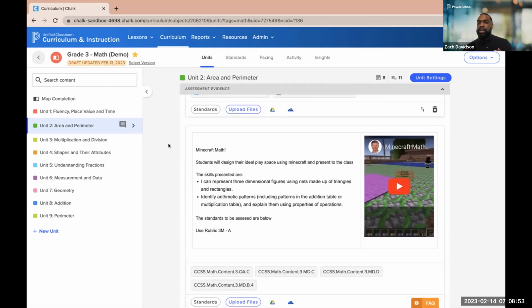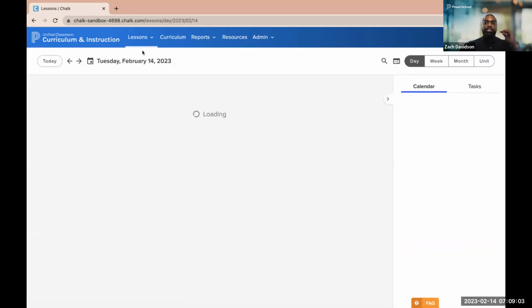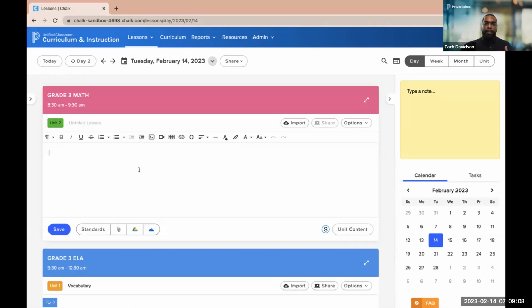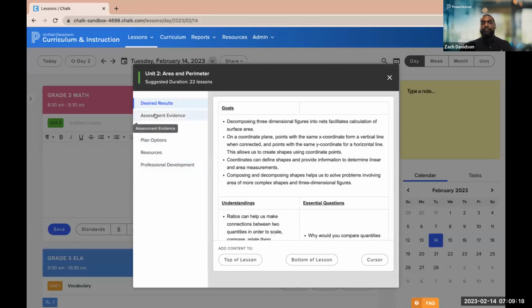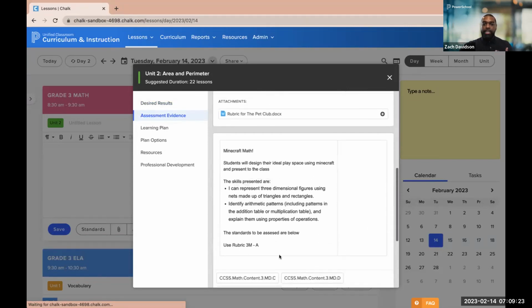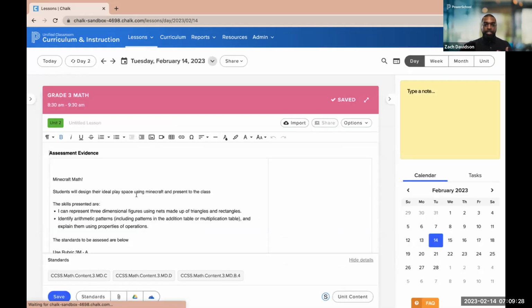So this is a static document that can be placed in Schoology. All right, so make note of that. But for the teacher themselves, when they think about the autonomy that they have around daily lesson planning, well, now that I've accessed the curriculum map as a teacher, I can start to build out my lesson planning experience on a day-to-day basis, but leverage some of the resources that have been made available to me within the curriculum map, as seen here, where we take that same Minecraft video that we showed earlier and add it to the lesson in this experience here.